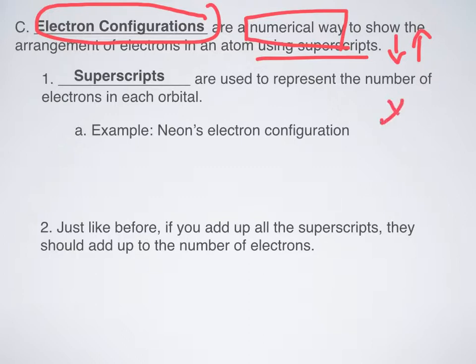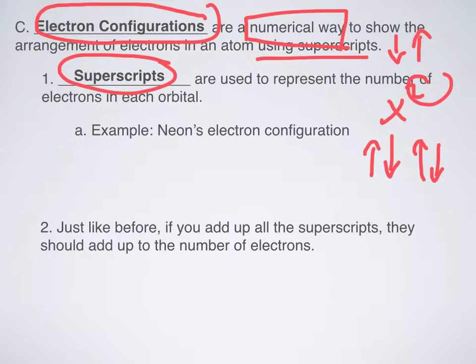And in case you don't know what a superscript is, the 2 in x squared, that's a superscript. So how do those relate to each other? Well, superscripts are used to represent the number of electrons in each orbital. So instead of boxes with a whole bunch of arrows going up and down like that, we have just superscripts